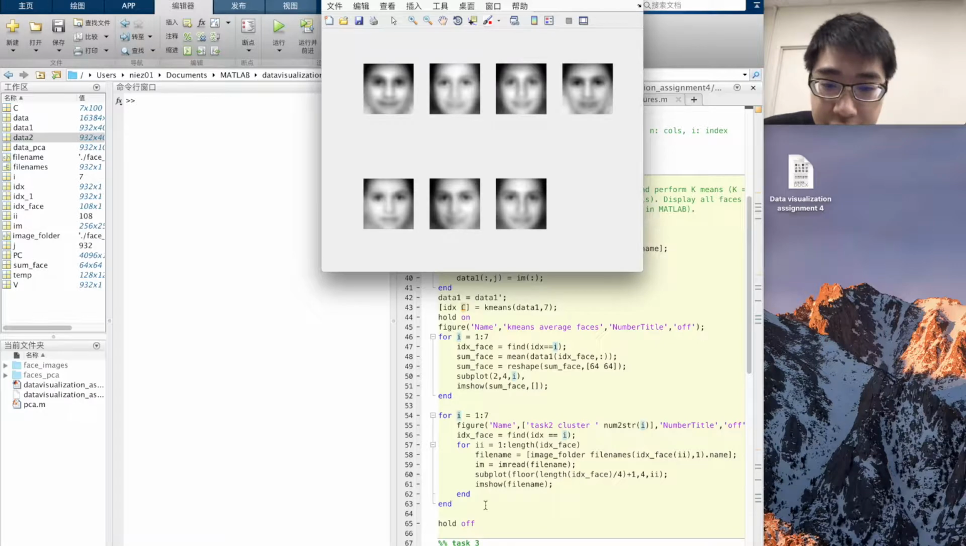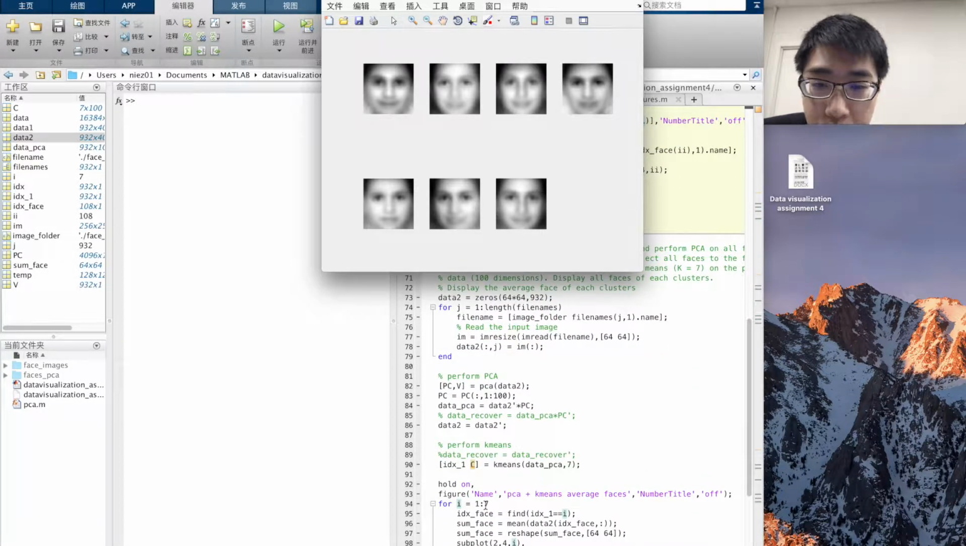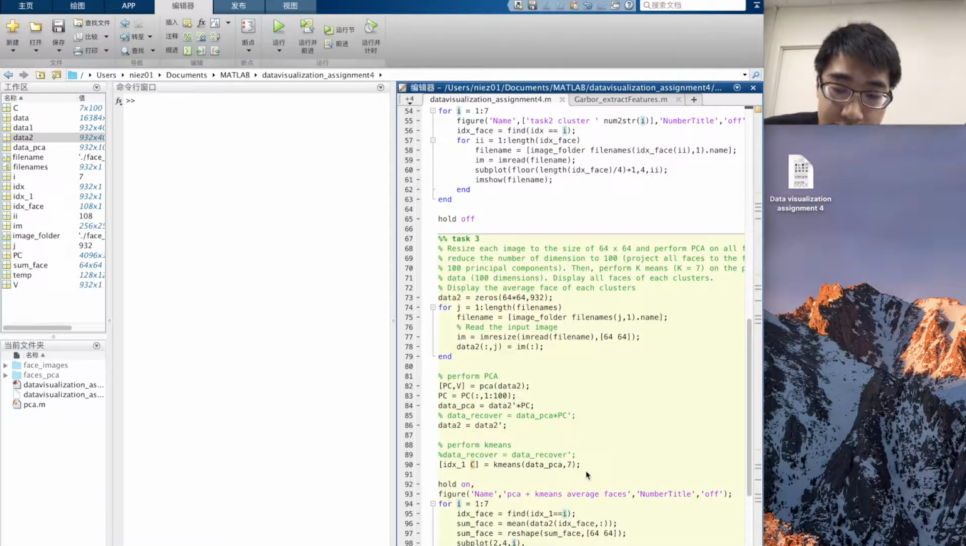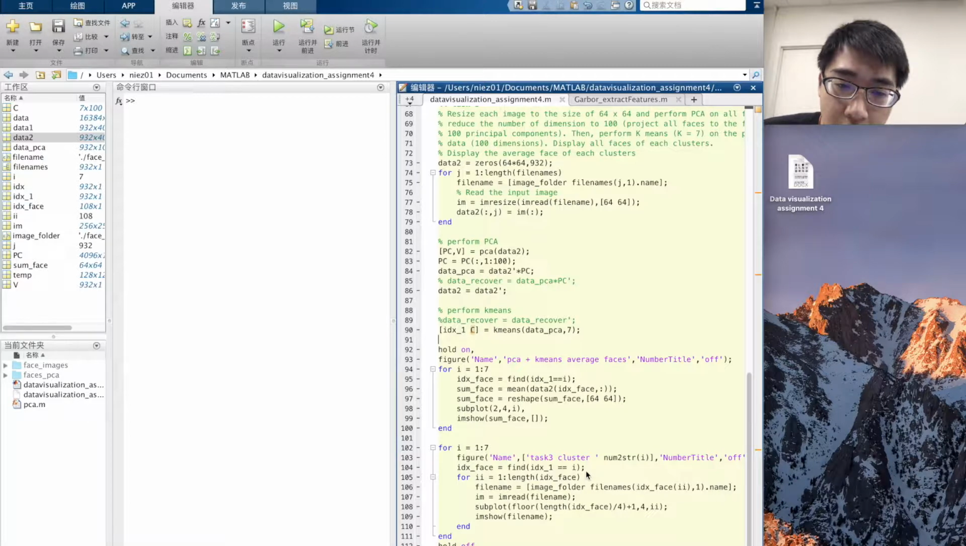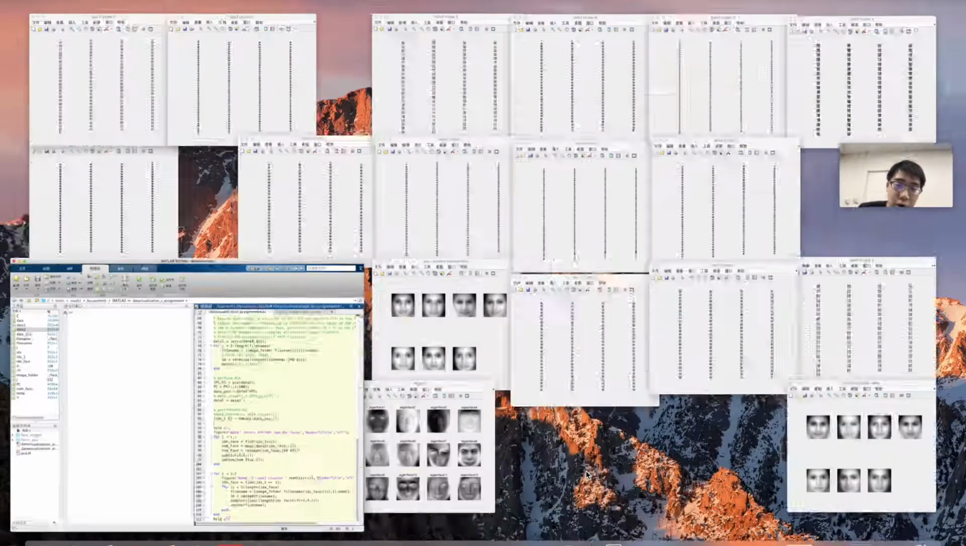Then as for test 3, we need to do PCA at first. We select only 100 dimensions, and then we do the k-means. It's almost the same as test 2. However, the main difference from test 2 is that using PCA decreases the dimension from 4096 to 100. That will decrease the computation. So the final result